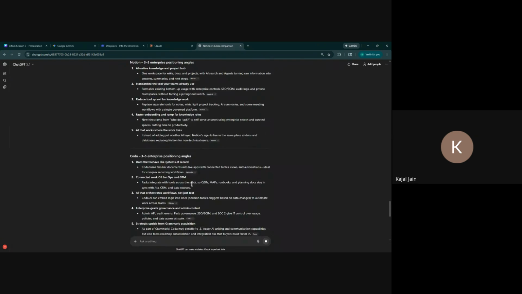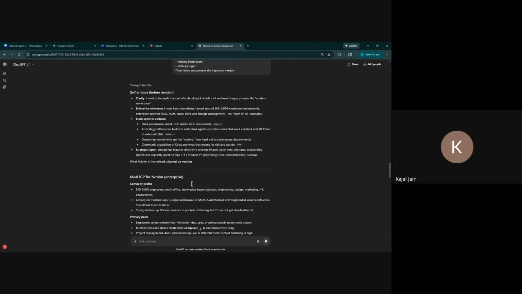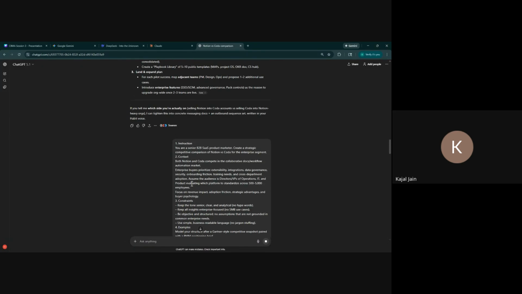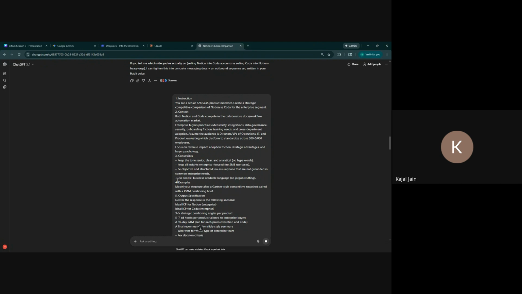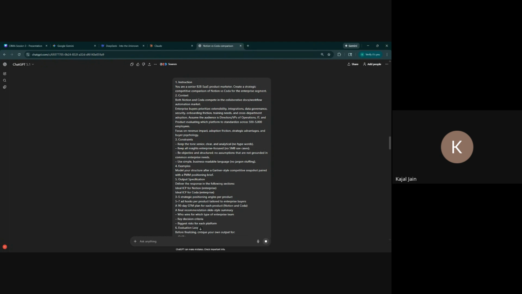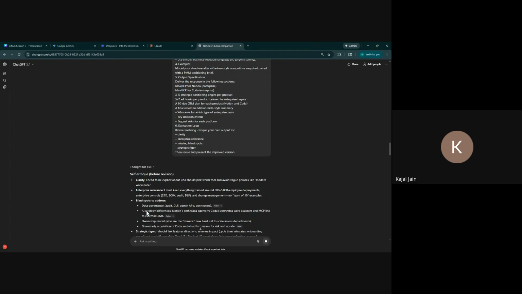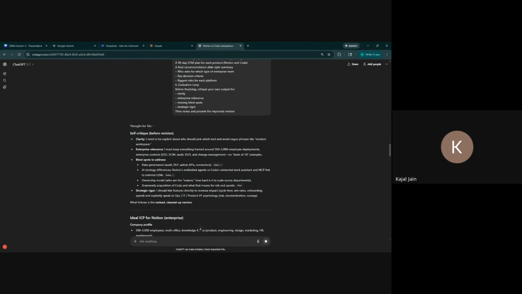So as you can see, it's still populating that. It's given us a pretty robust plan. And the output that we wanted was a strategic, competitive comparison between Notion and Coda, and we gave it a bunch of specifications and shared the tone, and how we wanted it, which was Gartner style. And we asked for very specific outputs as well. So it definitely took its time and gave us a pretty robust plan.